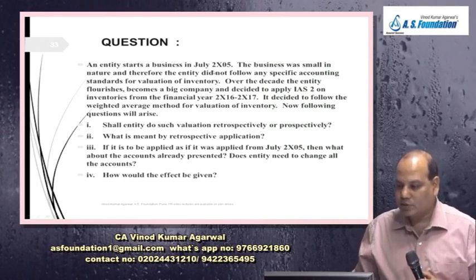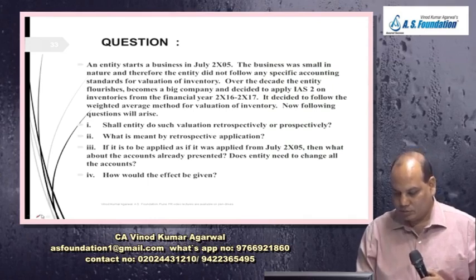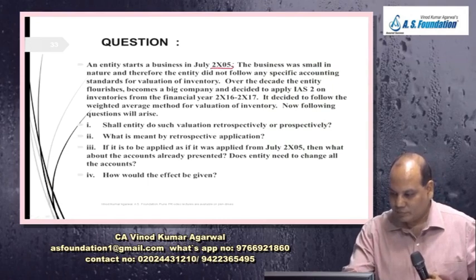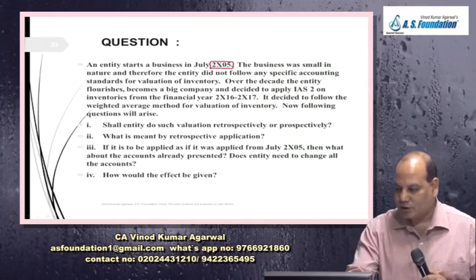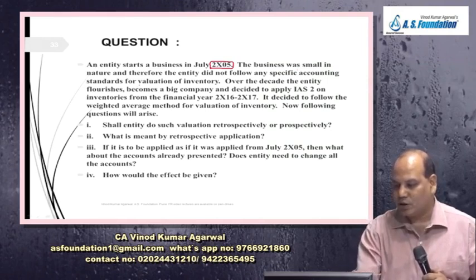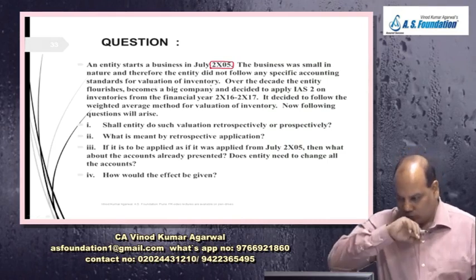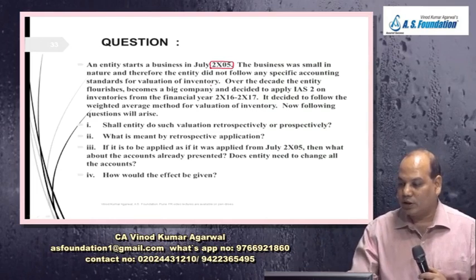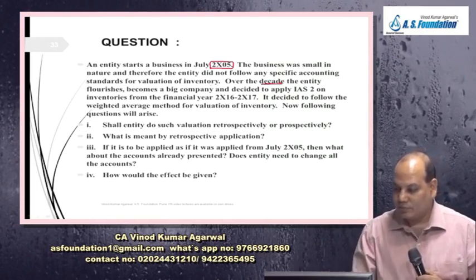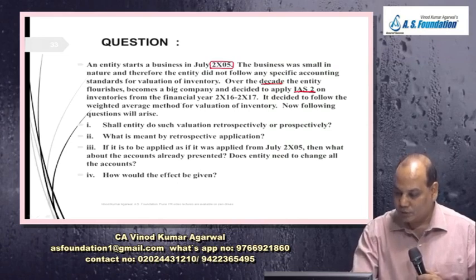An entity starts a business in July 20x5. Let us say 2015. The business was small in nature and therefore the entity did not follow any specific accounting standard for valuation of inventory. Very good. Whatever you felt good at that time, you did it. Over the decade, how many years are over? 10. The entity flourishes, becomes a big company and decides to apply IAS 2 on inventory from financial year